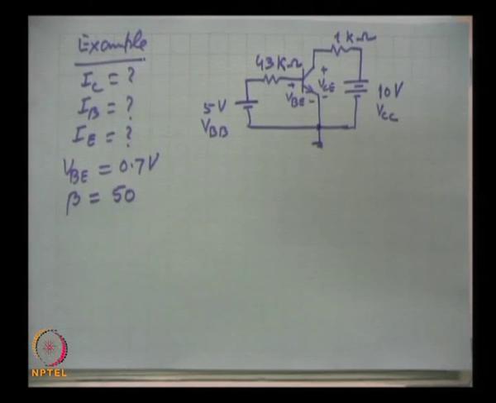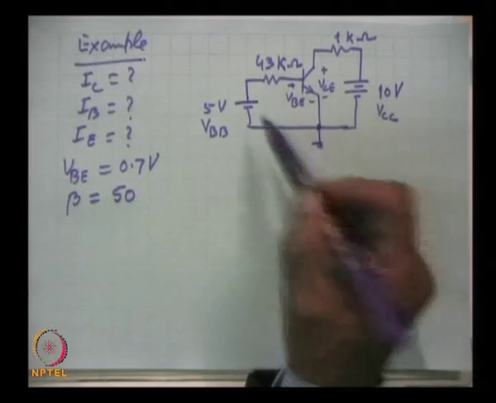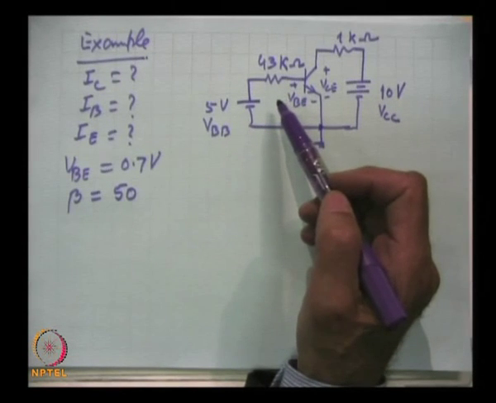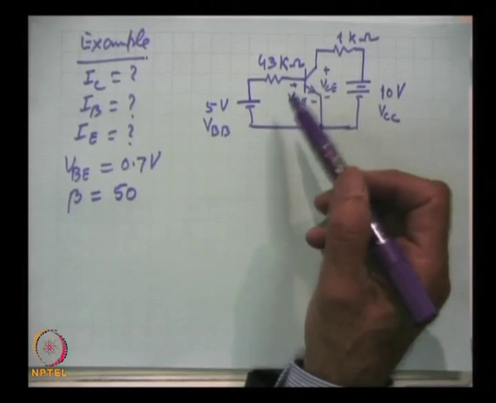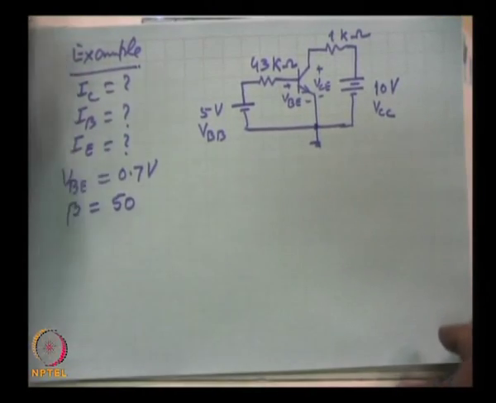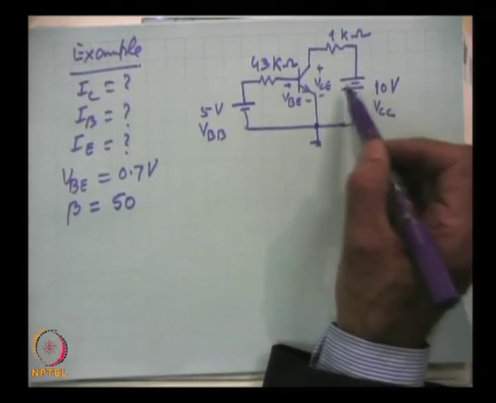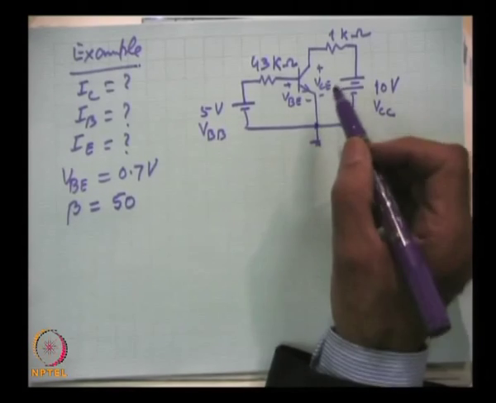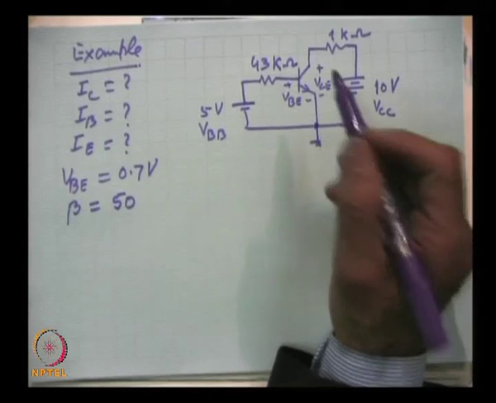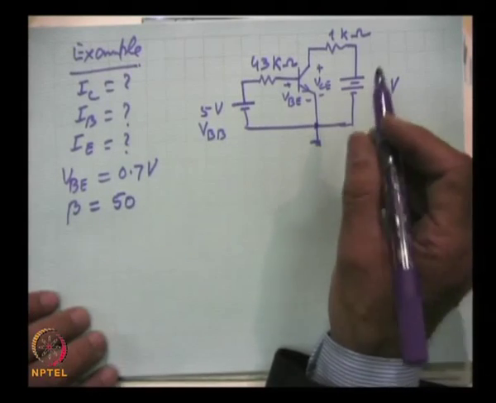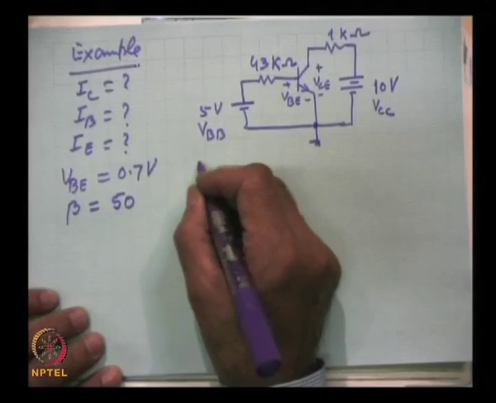Then there is another point which needs emphasis: this example illustrates what kind of resistances are to be used in small circuits, small low power, small signal circuits with which we are mostly concerned, and what the battery voltages and the resistances are. So, this is the reason behind this example. Now, if we apply Kirchhoff's voltage law,